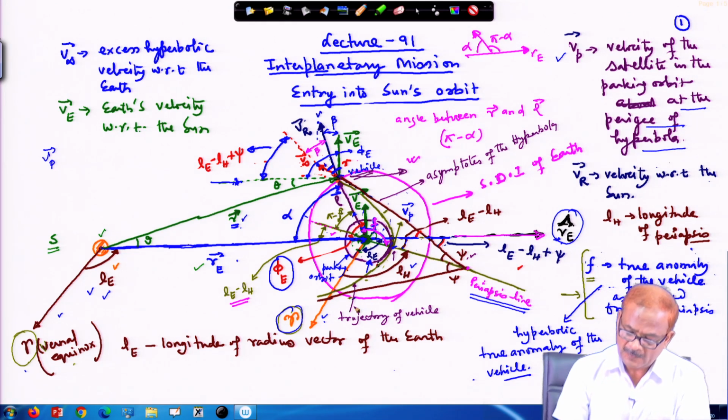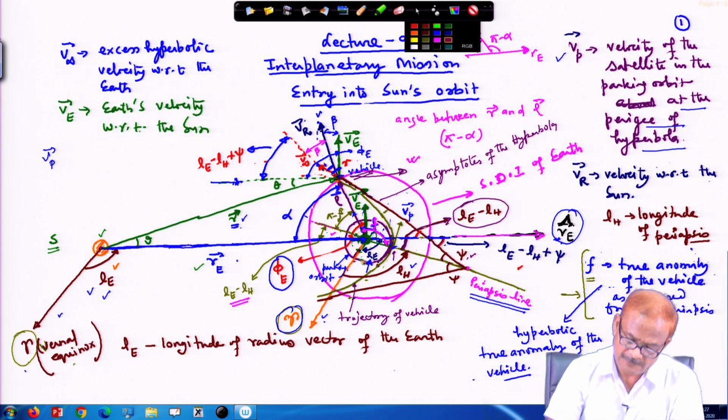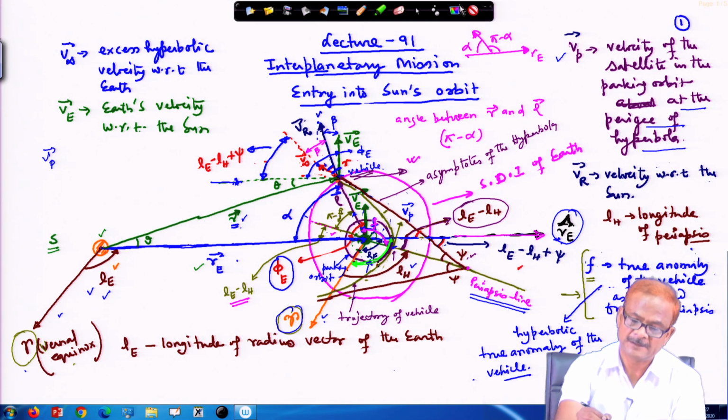Now, this angle shown here, where I am drawing, and this line goes here, is L E minus L H, because the angle L E is being measured all the way from the line of periapsis. I will have to draw one more line, a light line for this. So, you are measuring L E from this place to this place. This is indicating L E.